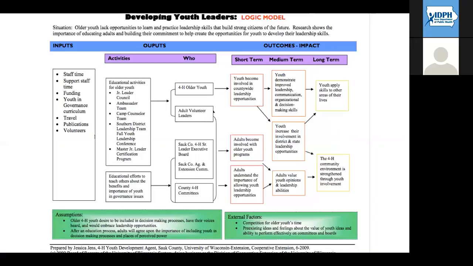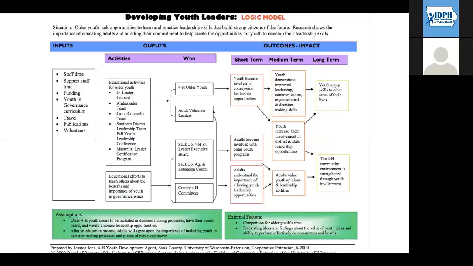And then look at that. They've got their short, their medium term, and their long-term outcomes. And they're calling their outcomes the impact. So this is just a more detailed example of the very, very basic components of a logic model. Again, this may be dictated by funders. This may be dictated by your key stakeholders. But if you start with a basic logic model, you can then adapt or develop or add any details to make it